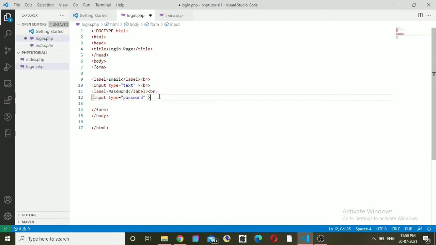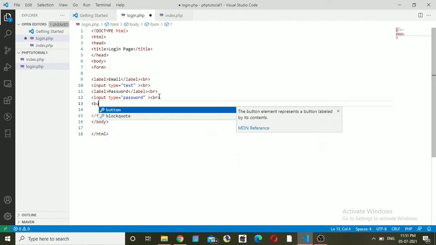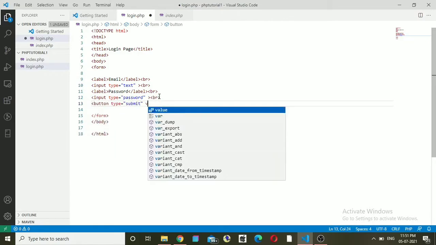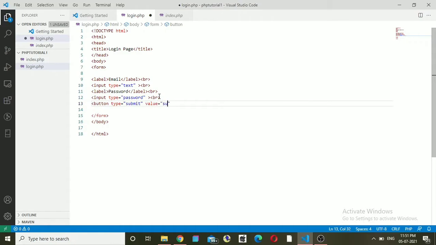Here I am creating a simple HTML form without using any styles, because this video is more focused on showing you how PHP works and its uses in a static HTML page.